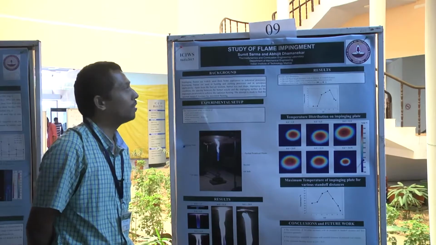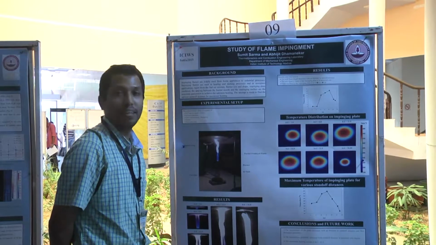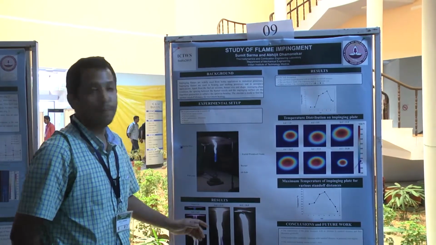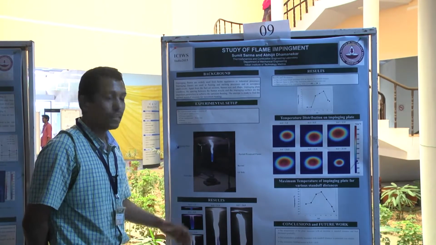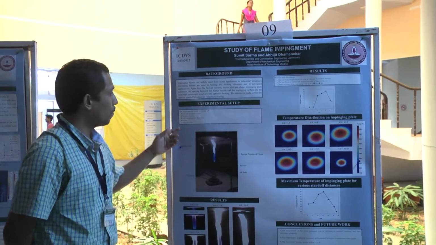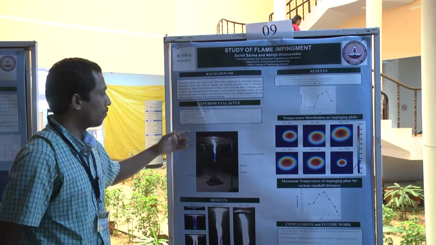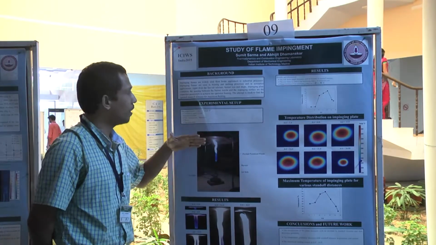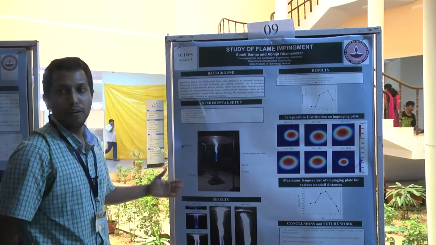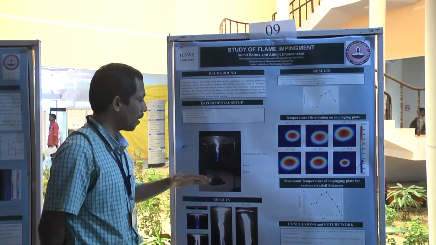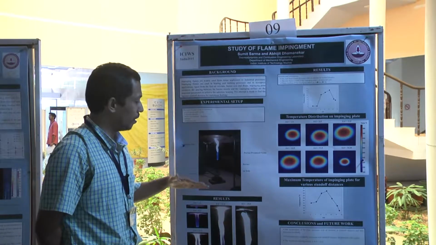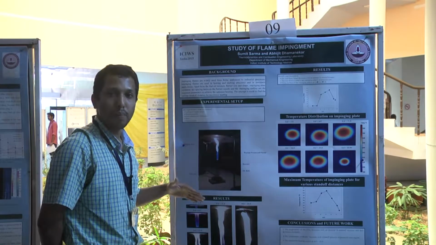Good afternoon, I am Abhijit Dhamnekar from IIT Madras, and I am doing a study of flame impingement. Here I am showing basic preliminary results of my jet impingement. We used fuels and air supply, pressure regulator and flow measurement, rotameter, burner, and impinging plate. This study is relevant even for a kitchen, for utensils and all those things. We have to find where the maximum temperature is when the flame and the plate are there.